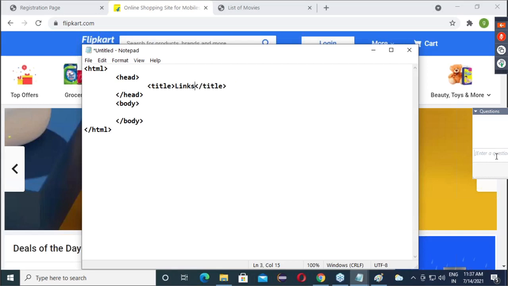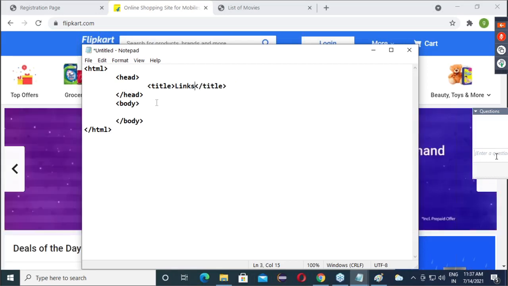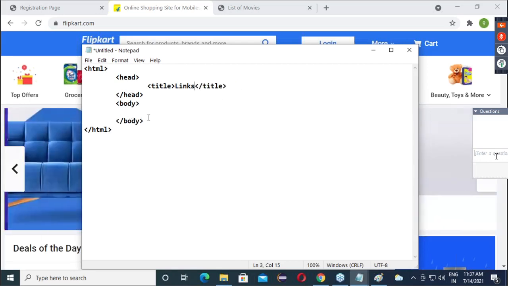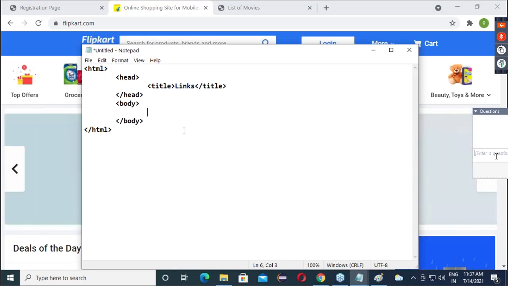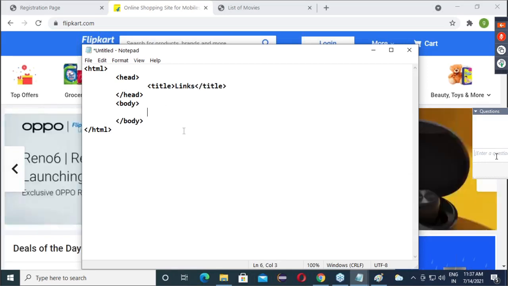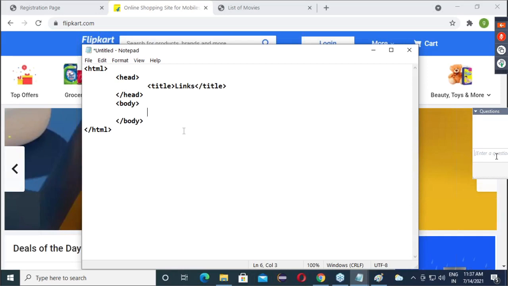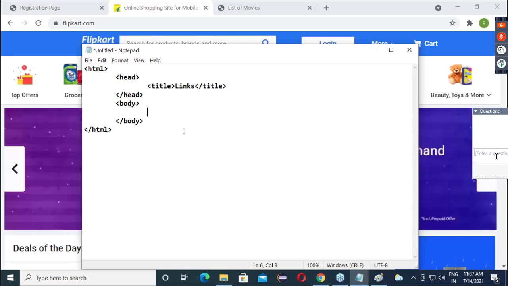So here let's say I will give the title as Links. Now in the body, pay attention. Every list box started with select. Text box and other elements started with input.